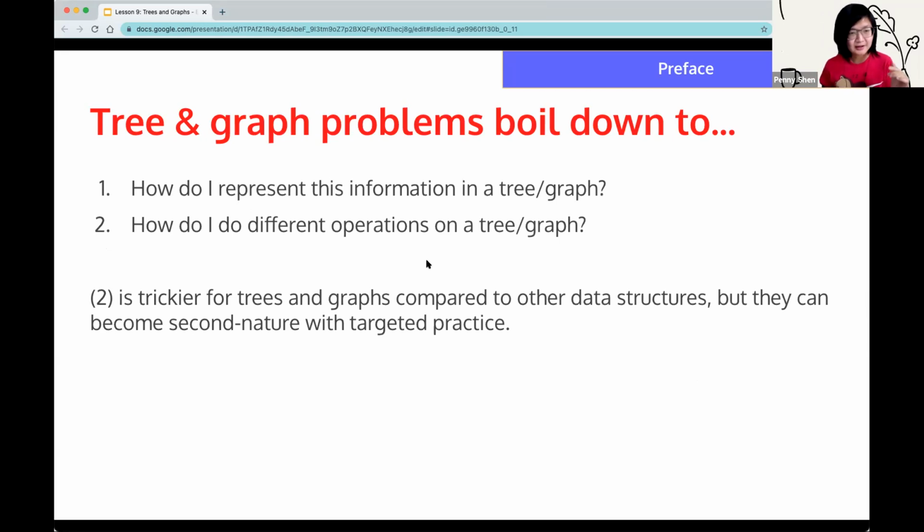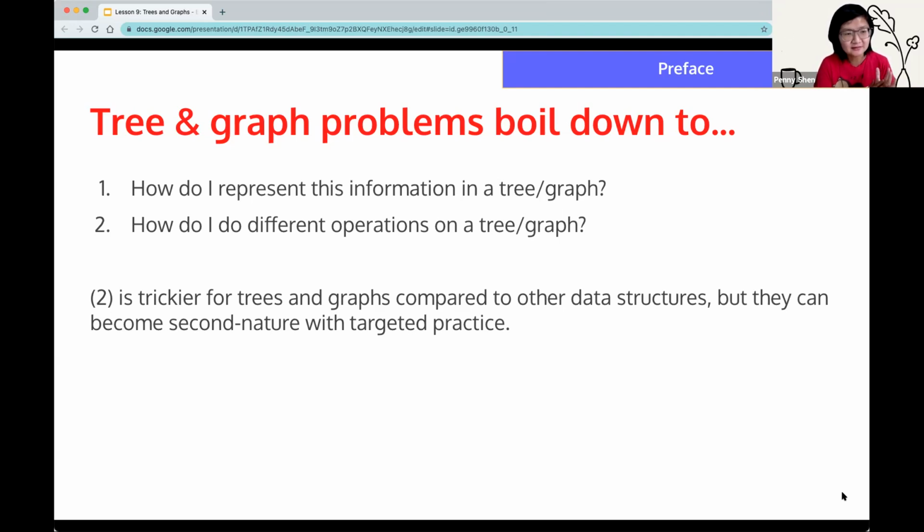Before we dive into it, I want to give a preface on trees and graphs problems, because I know they can feel intimidating, at least back when I was interviewing in college. Even after college, trees and graphs problems are always the ones I dreaded the most. For a long time, I didn't really know what to do when they came up. So I want to say that it's normal to feel that they're scary. I think a lot of people do, but from my experience, there are ways to practice and prepare for them such that when they come up, it's just another thing you've practiced a lot before, and it doesn't have to be scary.